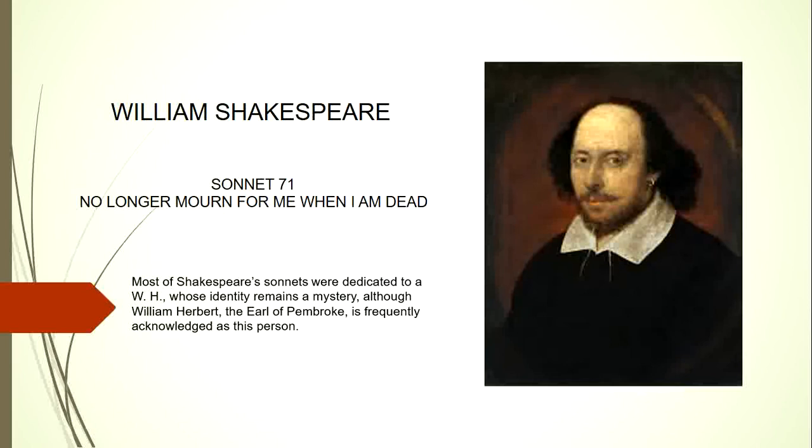Now, this poem forms part of a group of 4 sonnets in which the speaker contemplates his own mortality. In other words, the speaker, or Shakespeare in this case, is starting to think about him dying. And in the case of this poem, he is admonishing the listener, or his lover, most likely this W.H., not to mourn for him excessively once he has died. Right, so let's read through the poem, after which we can start to discuss it.